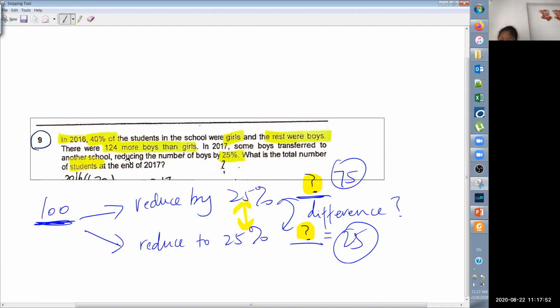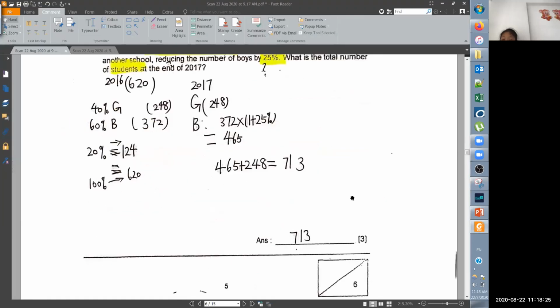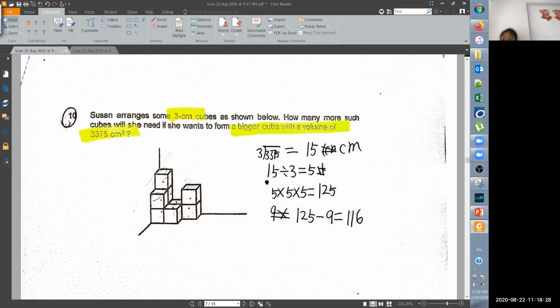So basically the difference between these two is, 一个是 reduce by 25% means you are using this 1 minus 25%. Okay? And reduce to 25%, that means you only have 25% left. Can you see the difference? 这个是 for 这个的，然后这个是 for 这个的，OK, so please differentiate these two, 要懂得怎么分别这两个。